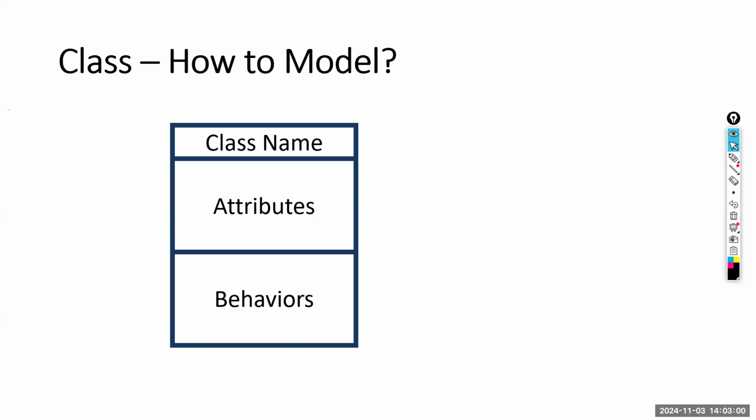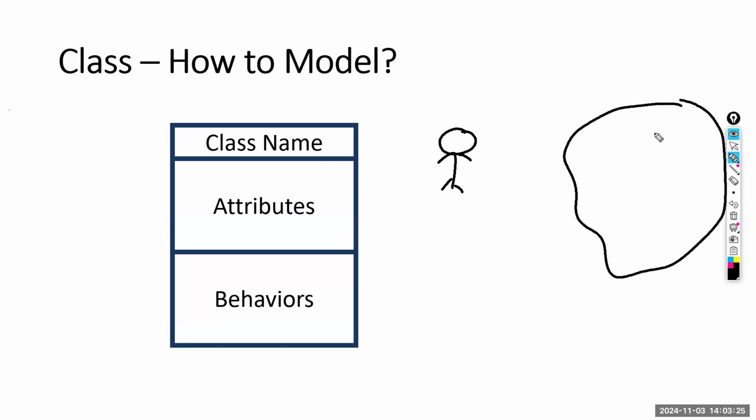Of course, a student can sing, laugh, eat, and run. Yes, we know, but those are not related to our system. Maybe we are interested in a student management system. So then we don't track whether the student sings, sleeps, eats, or whatever, right? So can someone tell me what some behaviors of a student are, if you are building a student management system? So we model only related things.